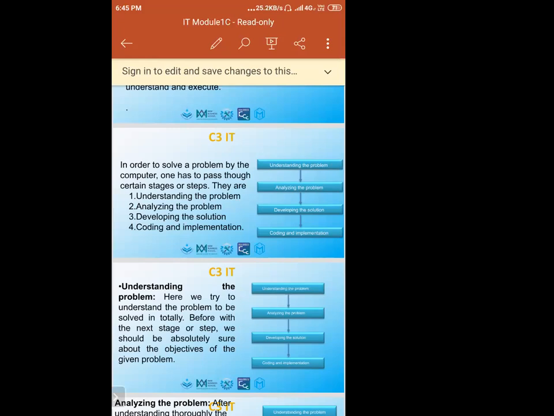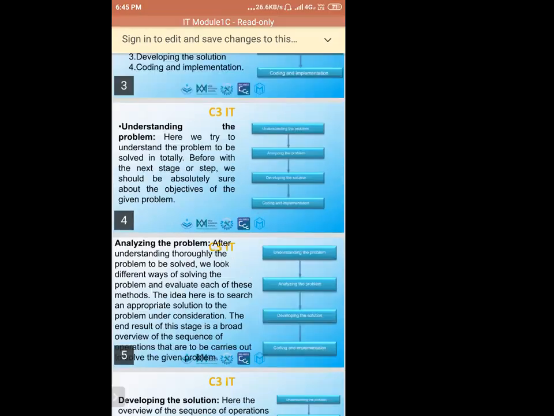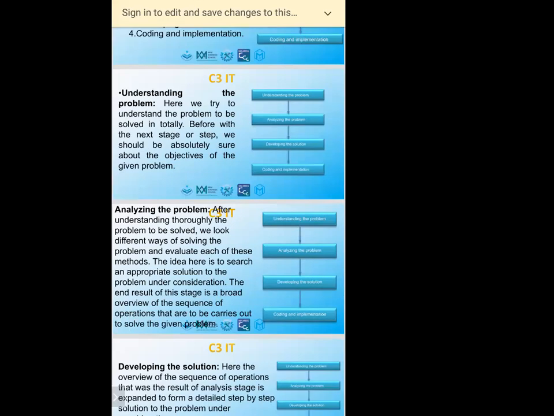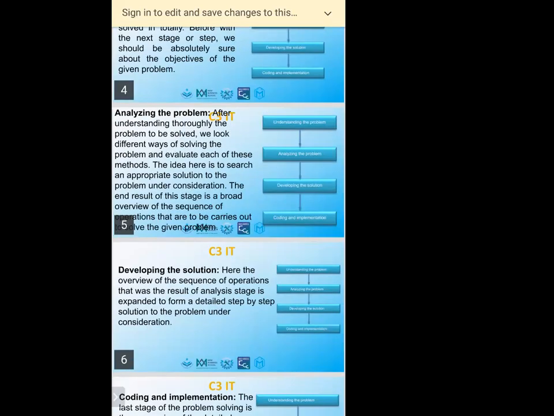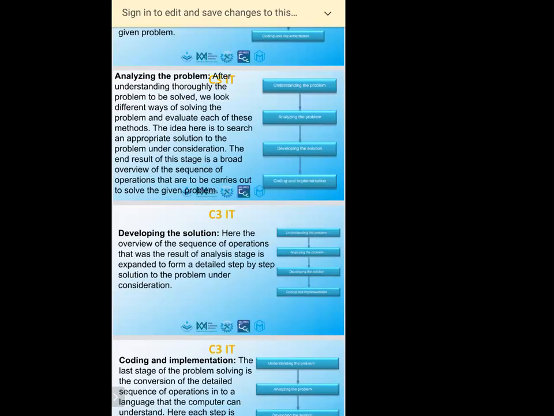Then next one is which one? Developing the solution. Okay, so we can go for a bank loan like this. All the material we can buy from here. Likewise, we are developing the solution for how to make the house. Then the next one, coding and implementation, means you have to bring the masons, the carpenters, and all the other working people to build the house. Then after the house is finished, you can live in your house. So in the same way you can solve any problem.